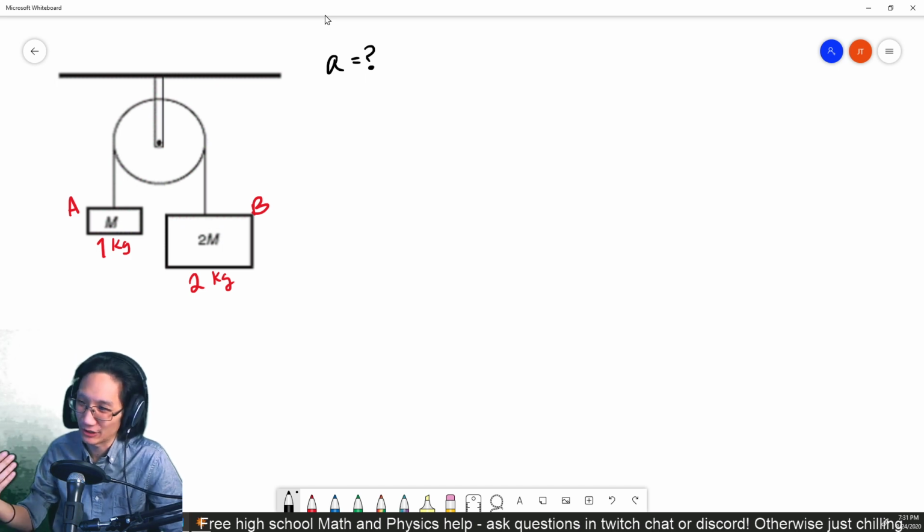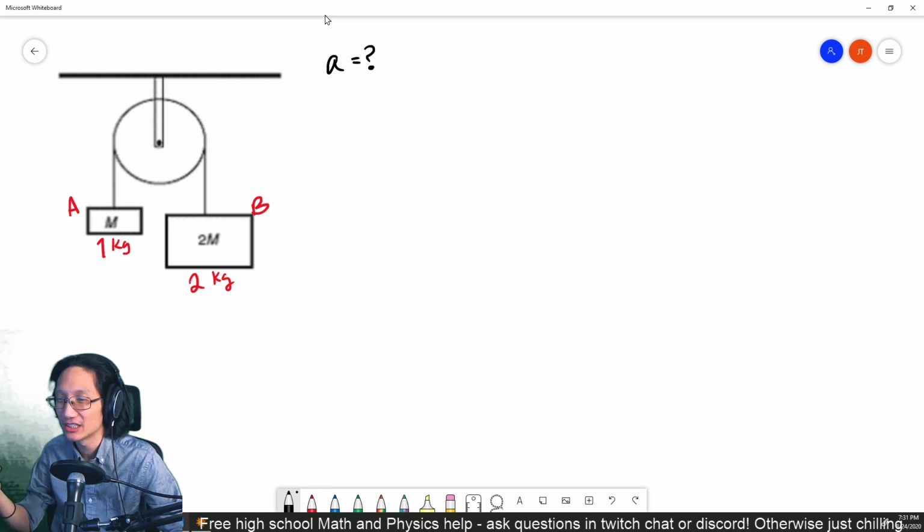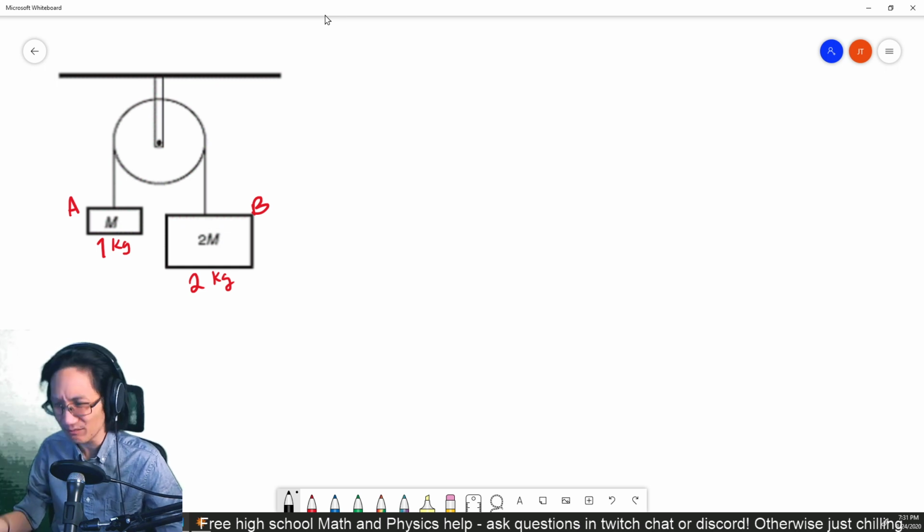Whenever you have that setup, you're like, okay, I want to know how these things move, and you know something about how they're arranged. Typically, what you're going to go into is an F equals ma problem, right? So we're like, all right, forces. What are the forces acting on block A? So for block A,